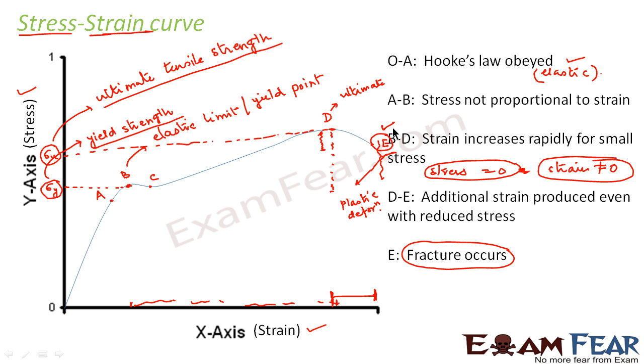Now the significance of the stress strain curve is that by seeing it, you can depict the characteristics of a material. Let us suppose you have an elastic material. For an elastic material, the elastic region will be more and the plastic region would be small. Similarly, for a plastic material, the elastic region will be very small, whereas the plastic region would be wide.